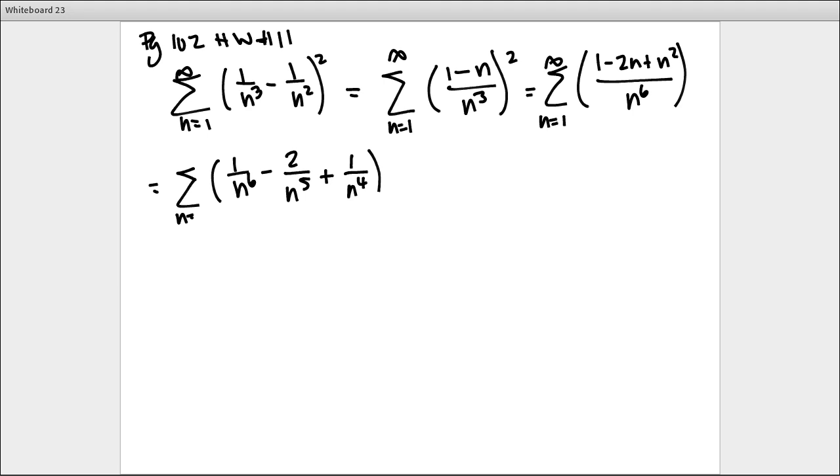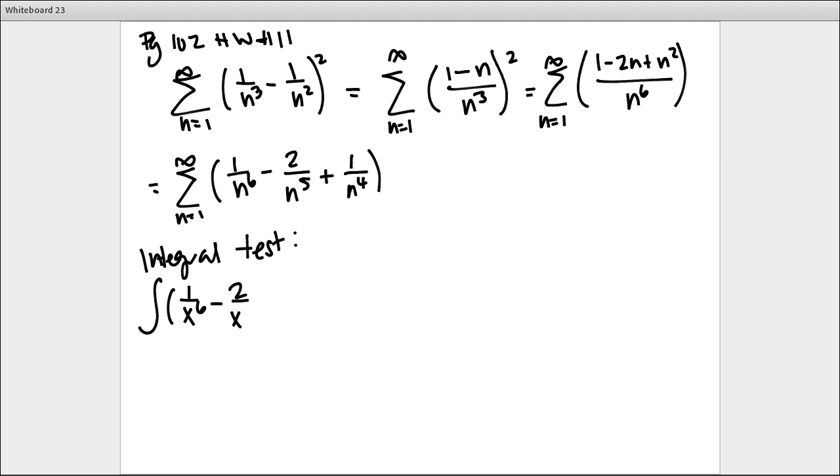Go away. 1 over n to the fourth. And how would I do that one? Well, I would do the integral test. Yeah. This would, by the integral test,